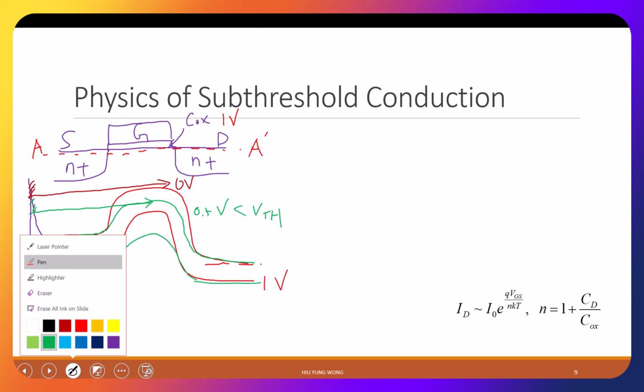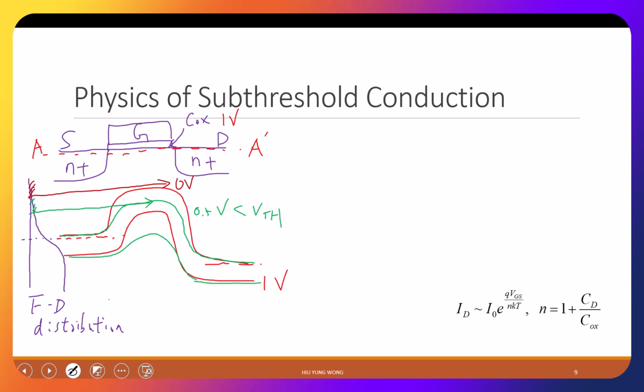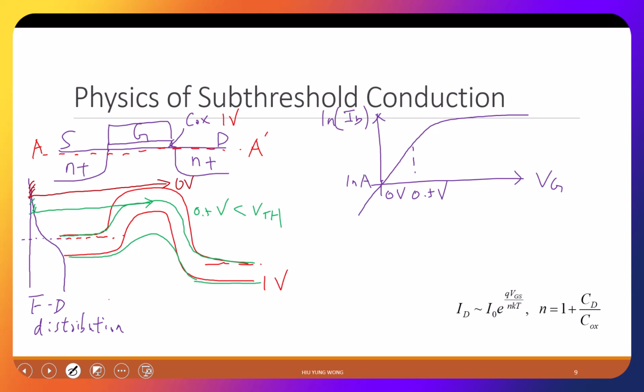So in reality, if you try to plot the ID-VG curve, but in log scale, you actually will see something like this. So what am I talking about? This is 0 volt VG. You might have 1 nanoampere of current, very tiny, you don't care. But when I reach 0.5 volt VG, which is the green,